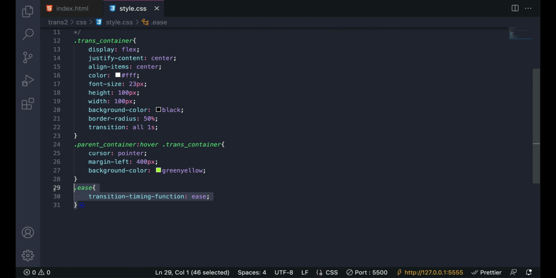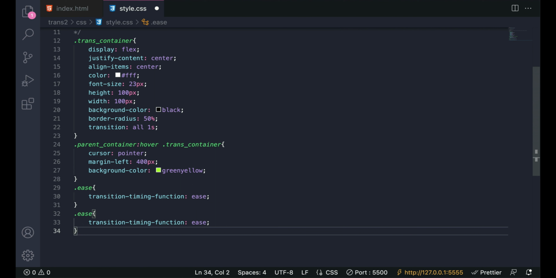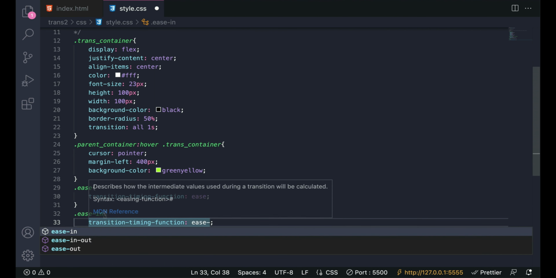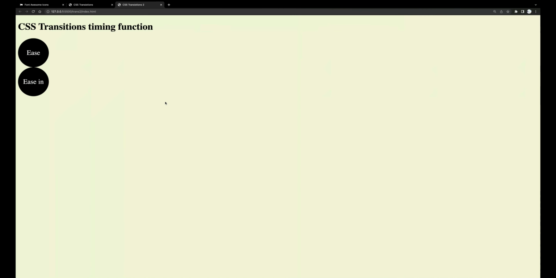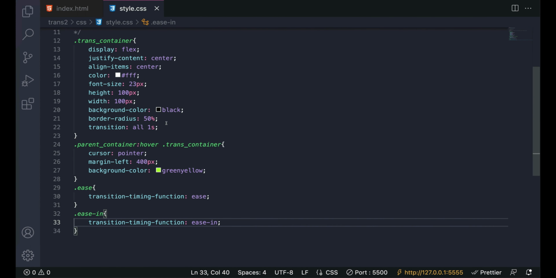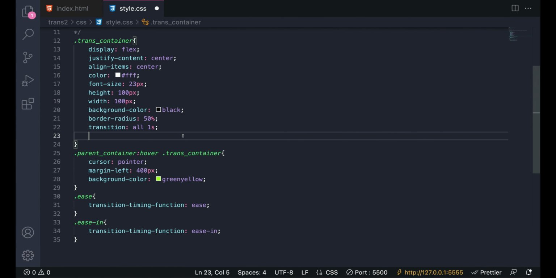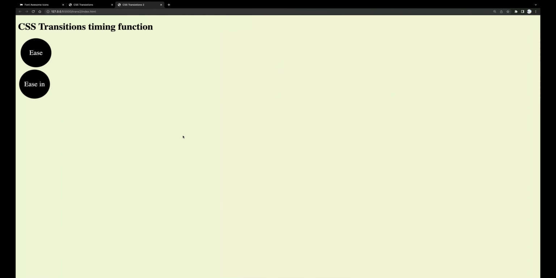And now we can test this one. Oops. Ease in, is in. Go back here. Let's add margins here. Margin 10 pixels. There you go. Now look, when I hover it,